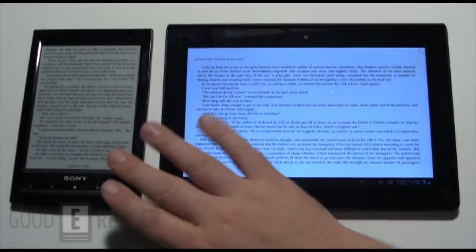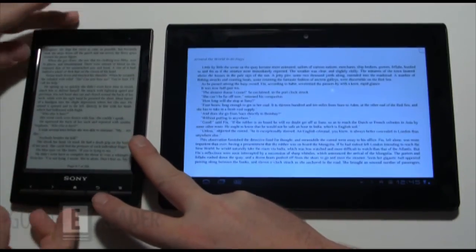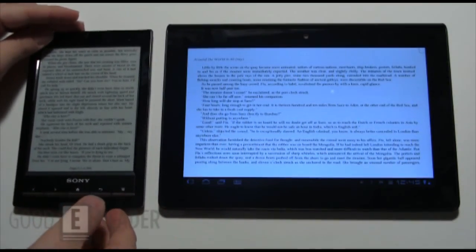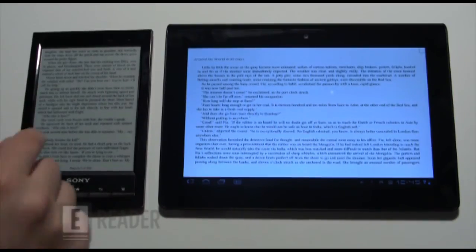So you want to be able to read this if you actually are in a well-lit environment, or if you have a book light for your case, or if you actually have a new breed of case with book lights built into it. And incidentally, you can get all of that at